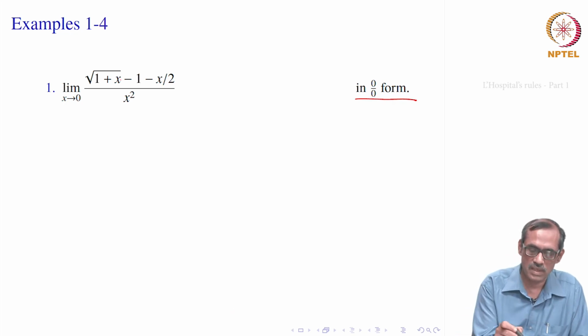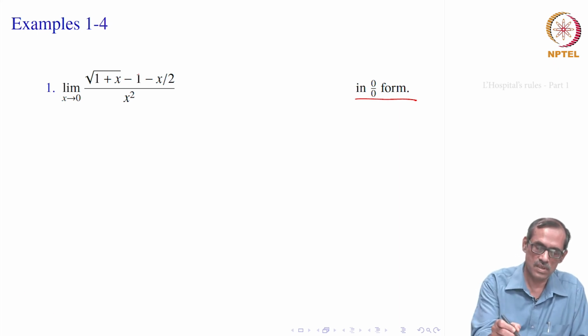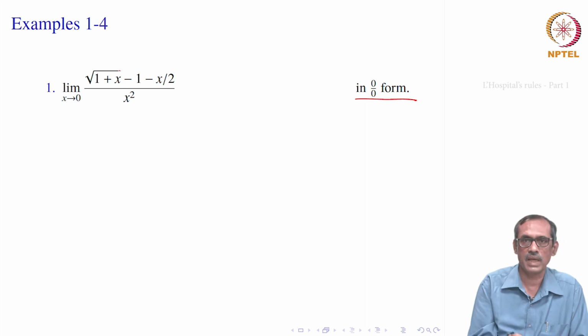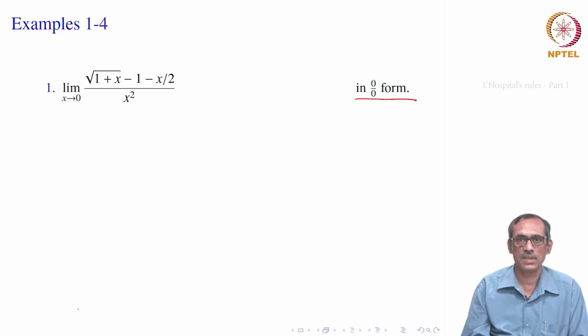And you can see the other things, your f(x) is on the top. It should be continuous and differentiable in a neighborhood of 0, right, and that is true. You can take a neighborhood where delta should be smaller than 1, so that the square root of 1 plus x can be well defined to the left side also, right. So, by taking a suitable neighborhood, we see that all the assumptions of L'Hopital's rule are satisfied.